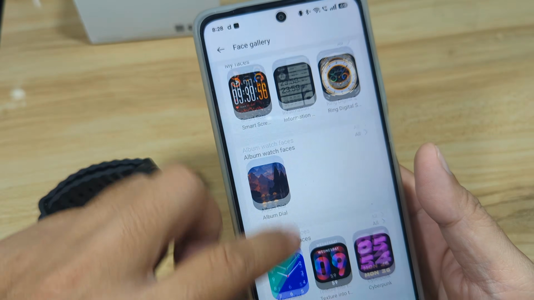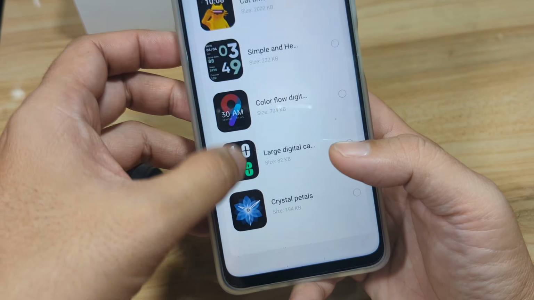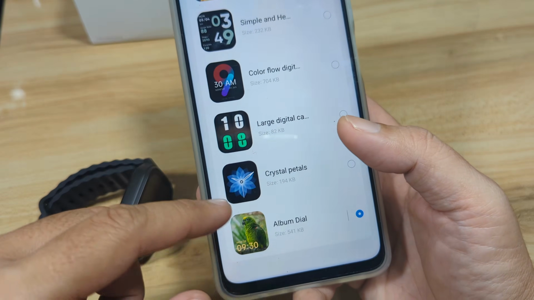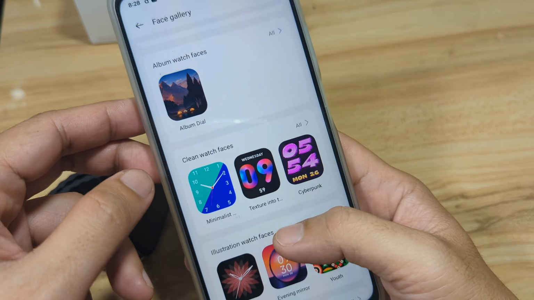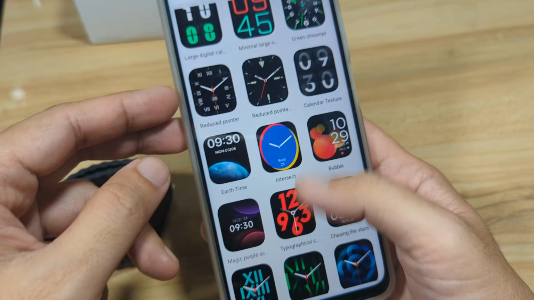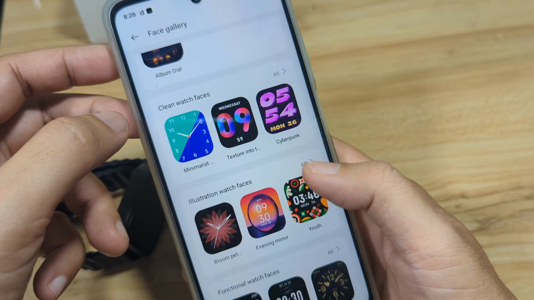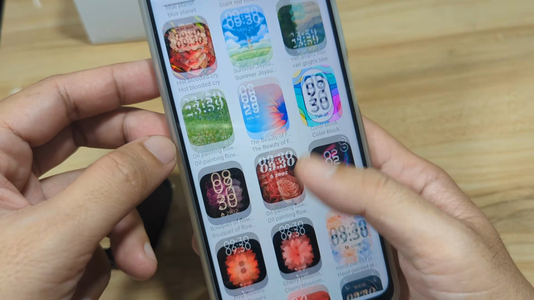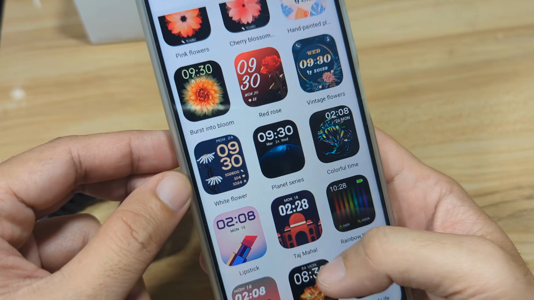So far, we do have a lot of interesting watch faces here. We have at least 2 additional watch faces, and we have a custom watch face. So we have the clean dials or watch faces. We have illustration, beautiful flowers here, beautiful petals.